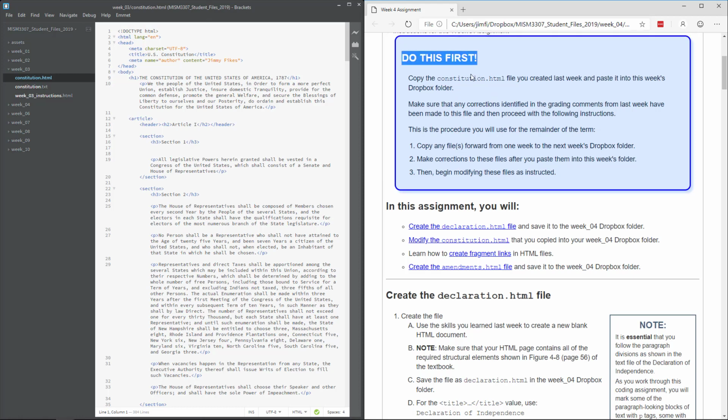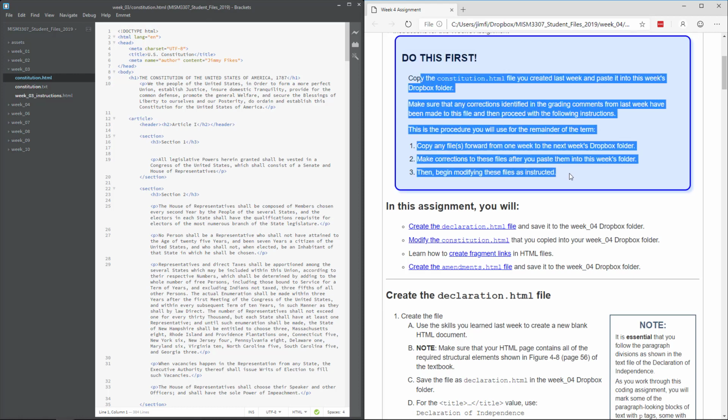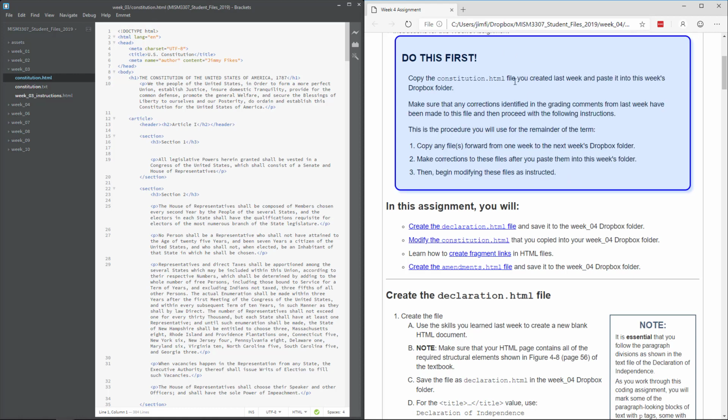And I'm going to be able to tell whether you're doing this correctly or not, so make sure that you read all of these words that I took the time to write. Don't try to skim read your way through this stuff. So the first thing is to copy the HTML file that you created last week and paste it into this